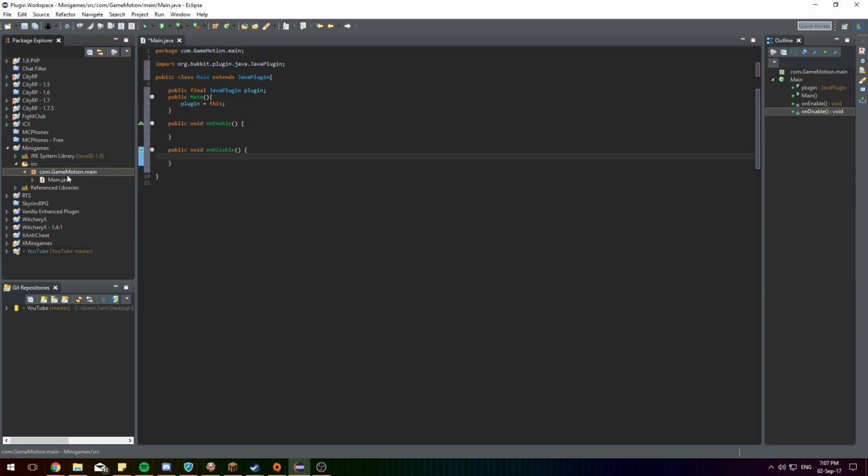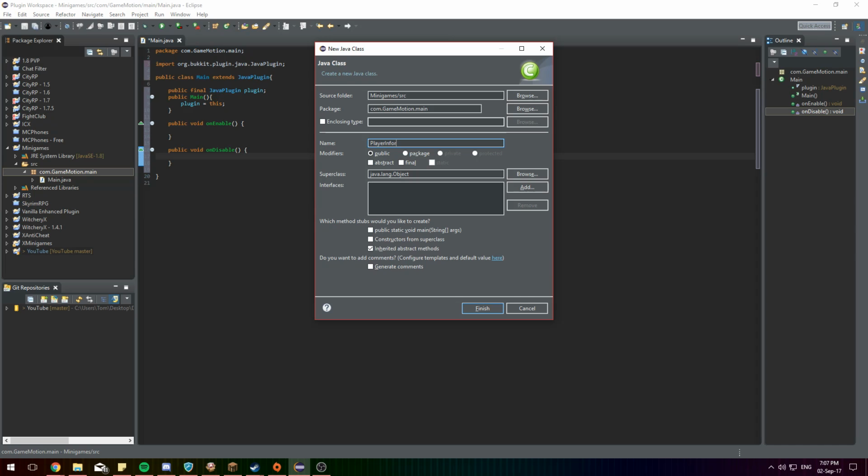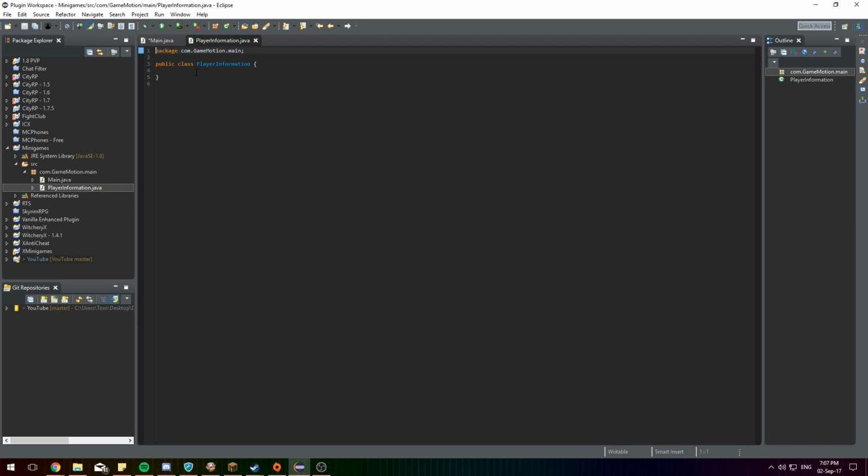Now, I'm not too sure whether I'm going to make a new package, but player information. This isn't going to have statics in it, because I'm going to create a new player information for every player. Before, every time I wanted to get information from the player, I'd read the file and then close the file after I've read it, which is a really laggy way to do it. So with this, I'm going to store all of their information in this class, so it's easier and quicker to